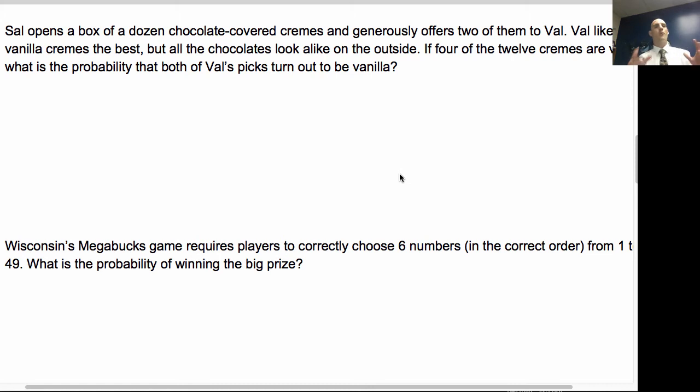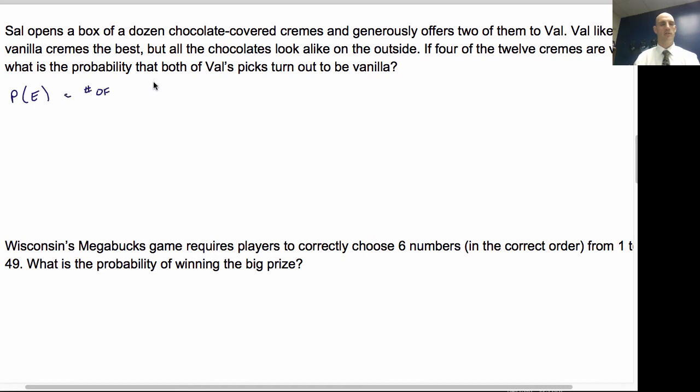But we've all been there where you don't know which one it is. And so what's the probability? Sal opens a box of a dozen chocolate-covered creams and generously offers 2 of them to Val. Val likes vanilla creams the best, but all the chocolates look alike on the outside. If 4 of the 12 creams are vanilla, what's the probability that both of her picks turn out to be vanilla? So the probability of the event is